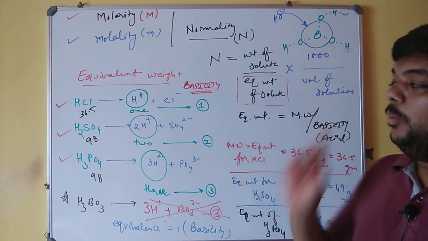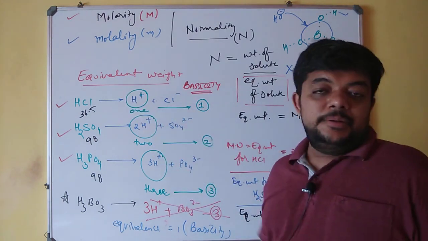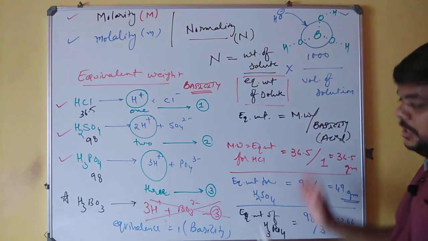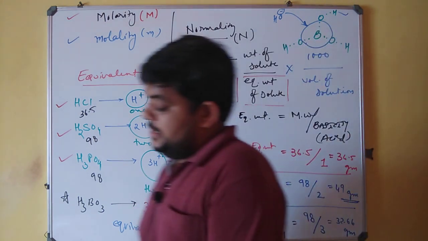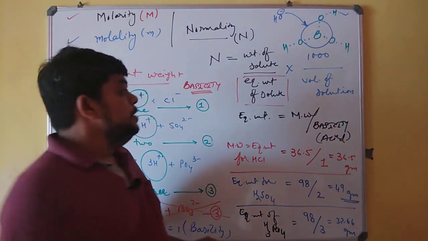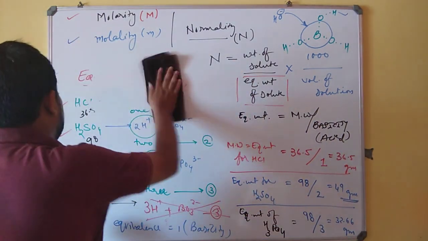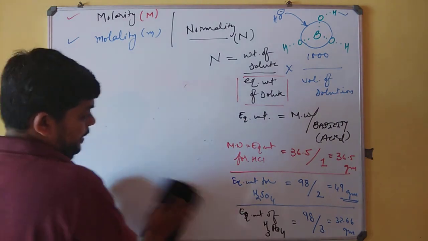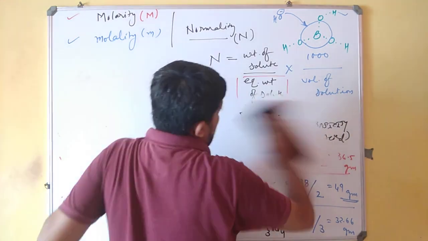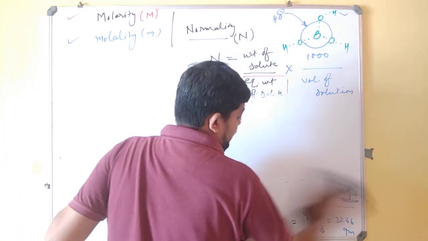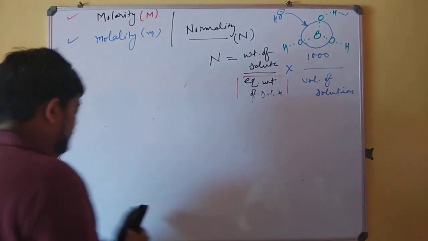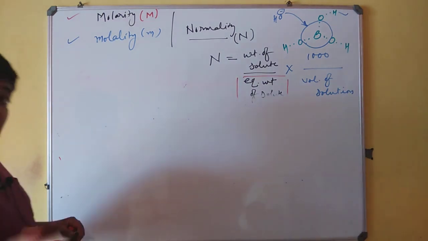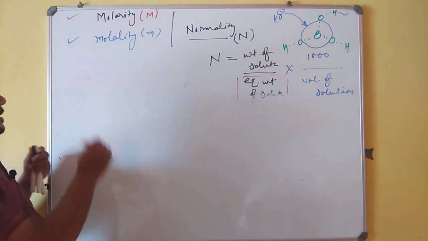is always 1. So it is hydrochloric acid, sulfuric acid, phosphoric acid and boric acid. So these are the equivalents. Please keep these things in mind so that you do not get confused while solving the numericals later today. Now we just thought of solving a few equivalence values for acid, which we coined as basicity. Now let us take a few examples of bases and find out their equivalence, known as acidity.